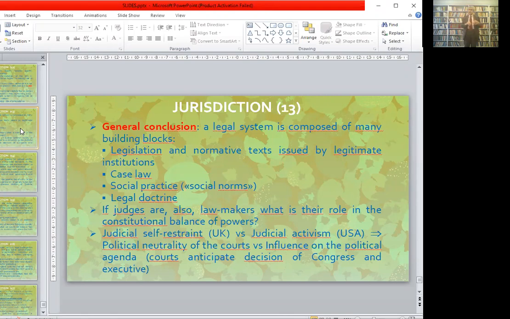So just to point out that this judicial self-restraint is one position in which the courts tend not to follow too much social instances and how society changes. If society changes, it is up to Parliament to change the law. The English judge will follow its tradition, and only if the Parliament changes the law, then, well, in a certain way, British courts will follow. To the opposite,